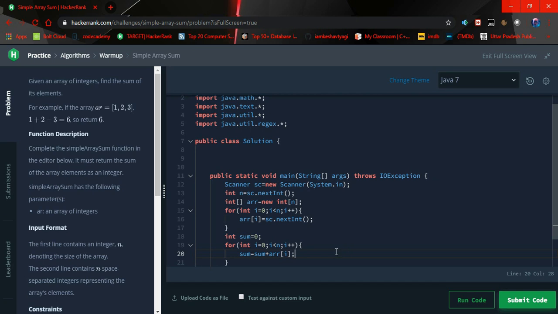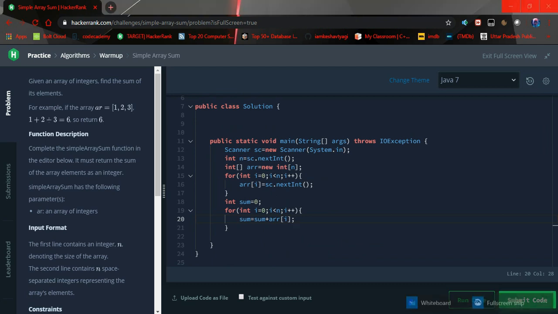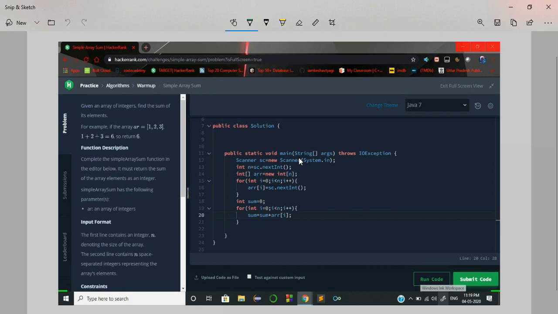So what I have done here is declared a variable sum of integer type, and then taken each value from the array and added it to the previous sum. So let me go to my workspace and show you how it is working.